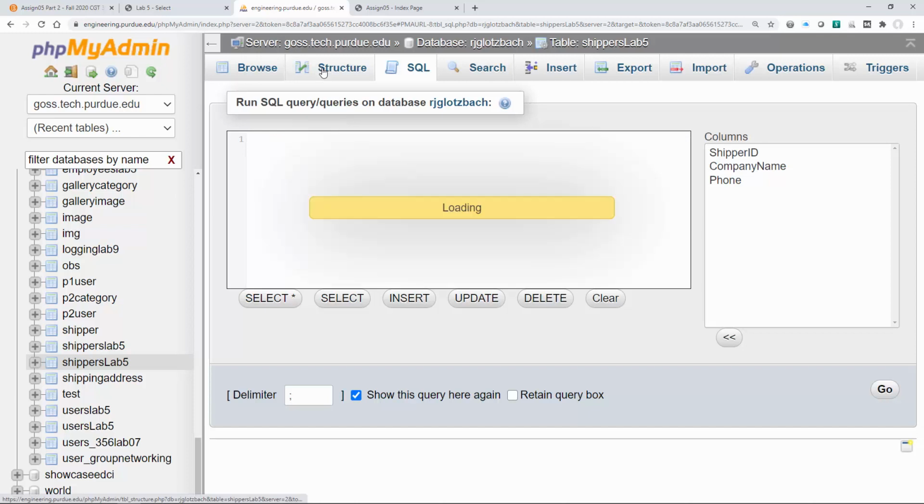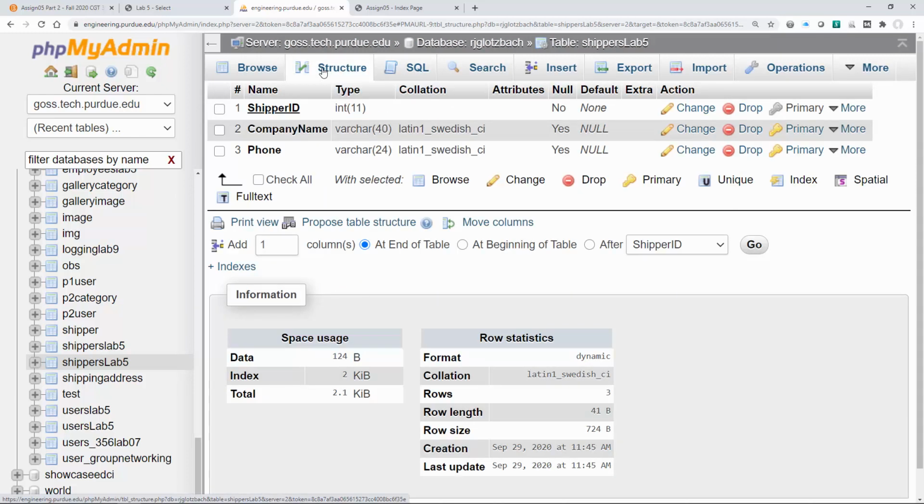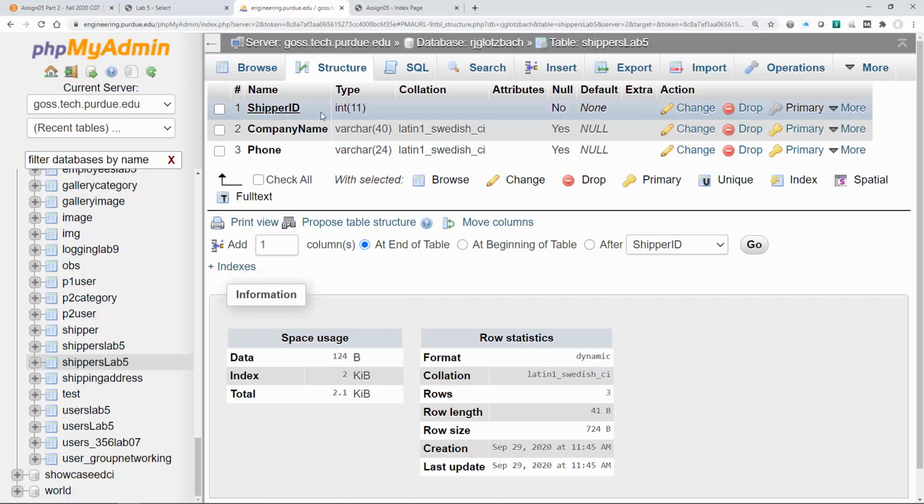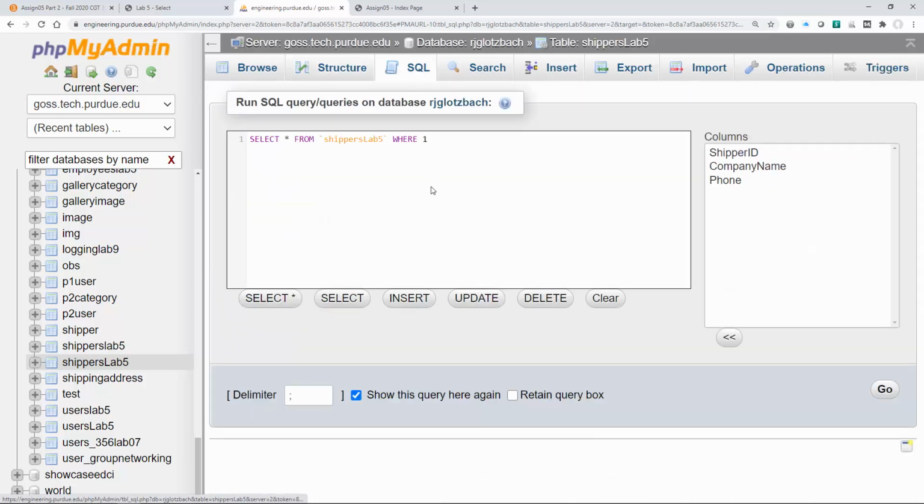I'm going to come back to structure. Table Shippers Lab 5 structure. Shipper ID is an int, so it does not need single quotes. Company name and phone are characters, so it does need single quotes. So these two are text. This one is not text. That makes a difference on